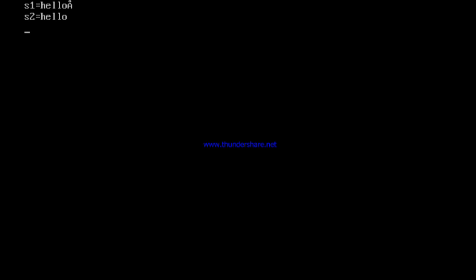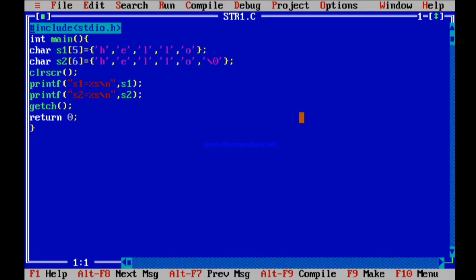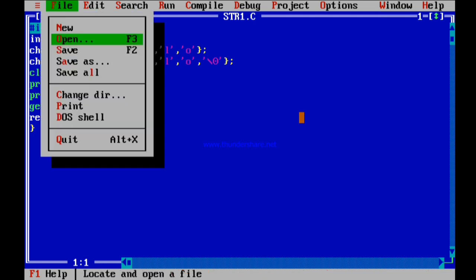You have to remember that. Whenever you want to write a string program wherein you initialize your string by each and every character, like the elements of an array, you have to specify \0 as the last character. Okay, so this is the first program, and we'll go to the next program.